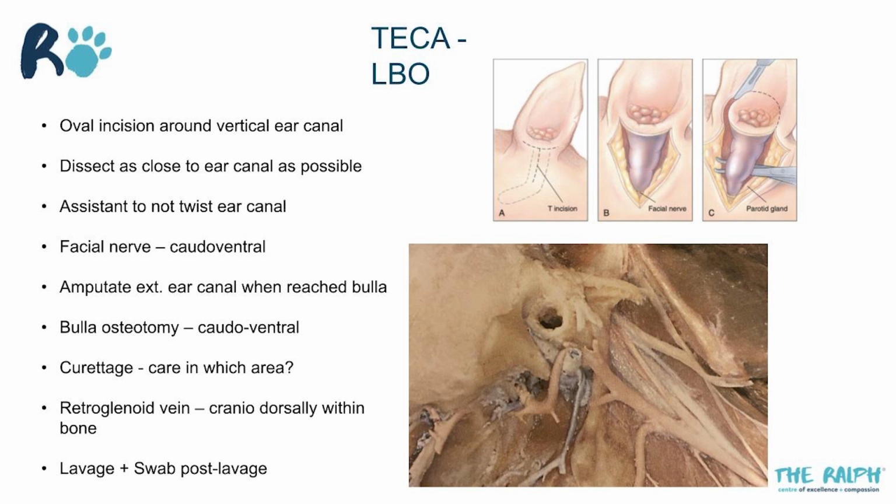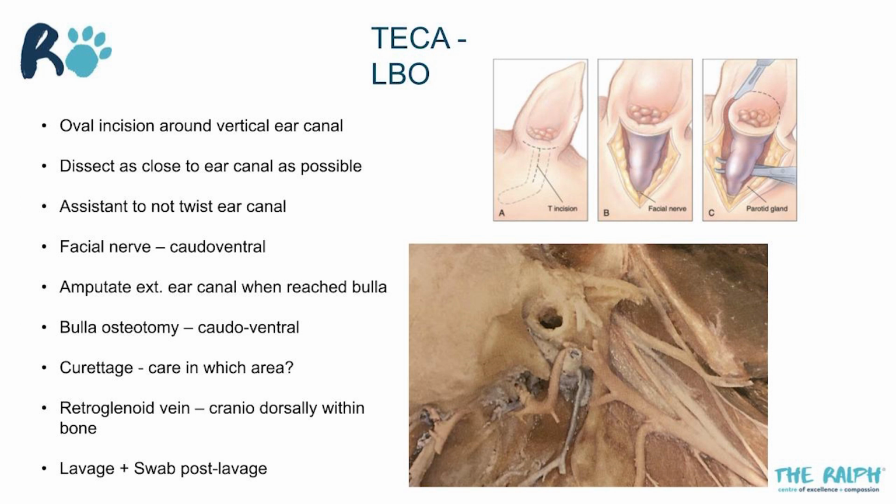Once you have reached the bulla, you amputate the external ear canal close to the bulla, and then you clean any remaining cartilage with rongeurs, and then you can do your bulla osteotomy using the rongeurs or a mallet and osteotome. The safest area to do it is here, ventrally, caudoventrally. Avoid using your rongeurs dorsocranially at first. You can do it later to clean this area, remove any cartilage or epithelium that you may find there, but I would leave it for last,